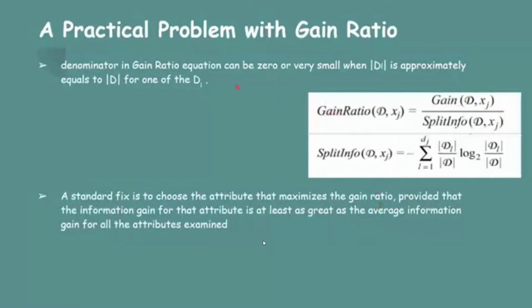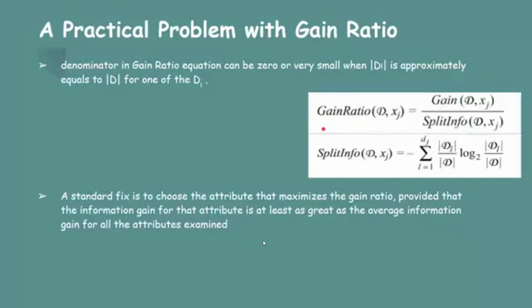Okay. So Aman right now discussed that in order to calculate gain ratio, we have to divide by split info. What happens to split info: suppose the numerical value of Dl approaches capital D. Then this value will tend to 1. So log of 1 base 2 would tend to 0. So if we divide gain by a number which is approximately going to 0, this whole will tend to infinite.